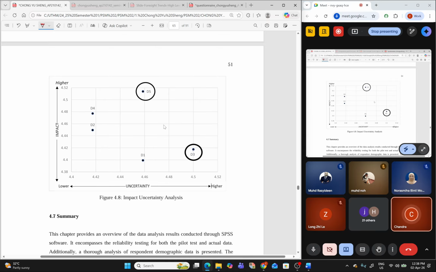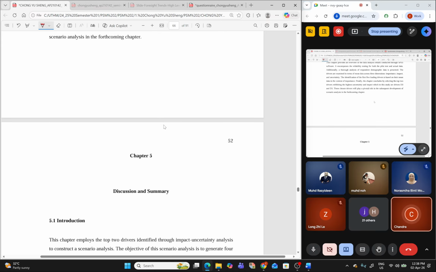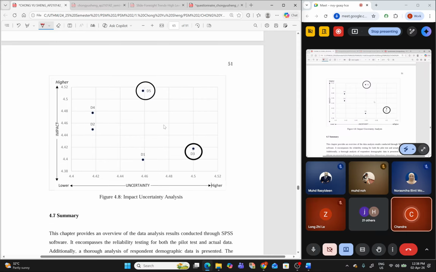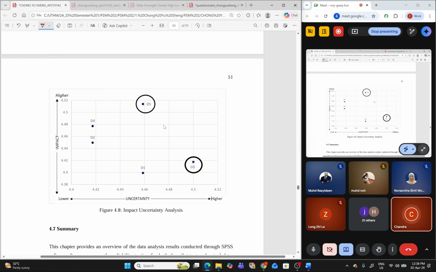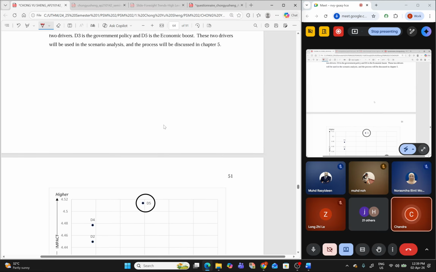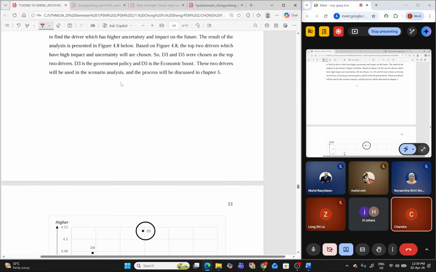Okay, saya nak stop dekat sini sebab yang selepas ni dia akan pergi ke lebih PSM 2. Sampai sini saja untuk PSM 1. Walaupun chapter 4 ni adalah PSM 2, saya nak bagi satu gambaran dekat mana driver tu akan berakhir. Okay. So apa you akan buat, saya terangkan sekali lagi.